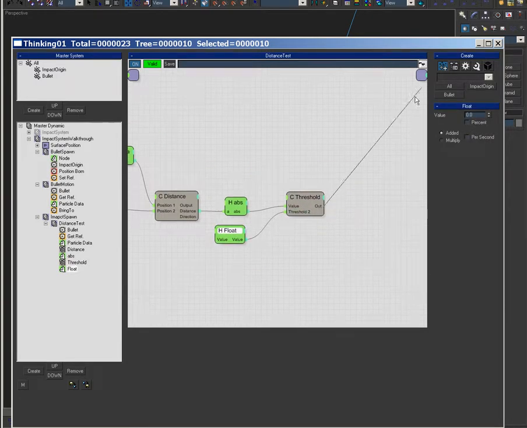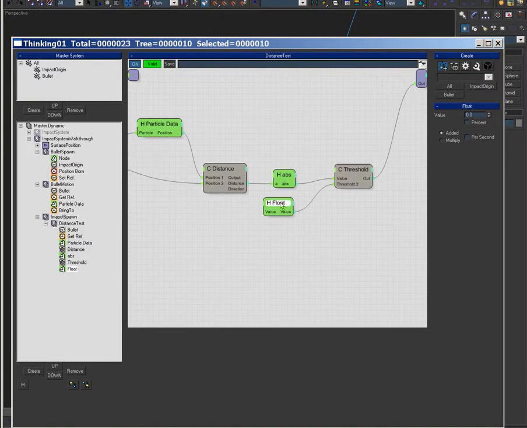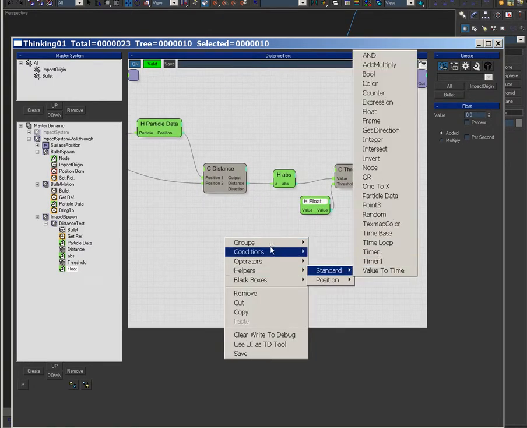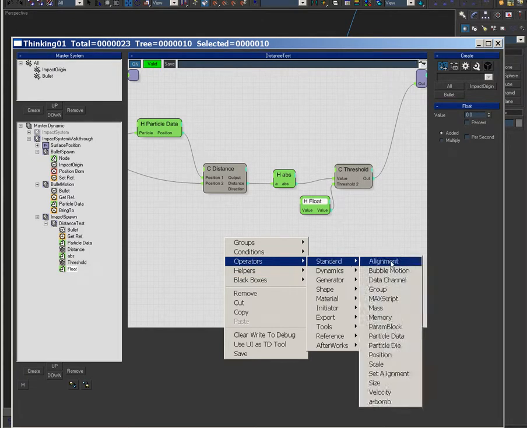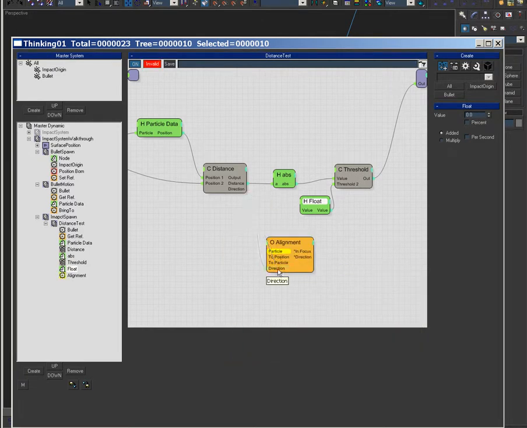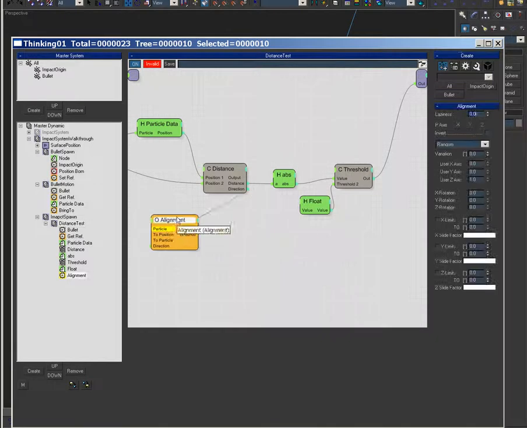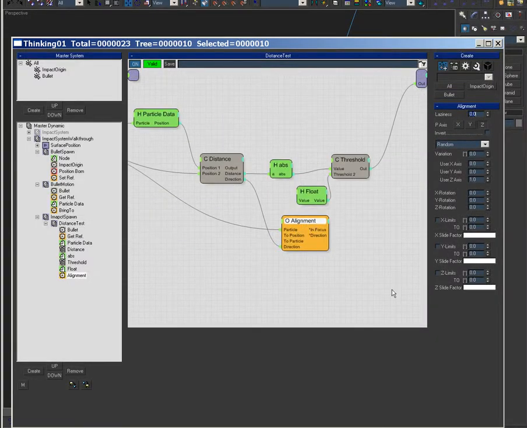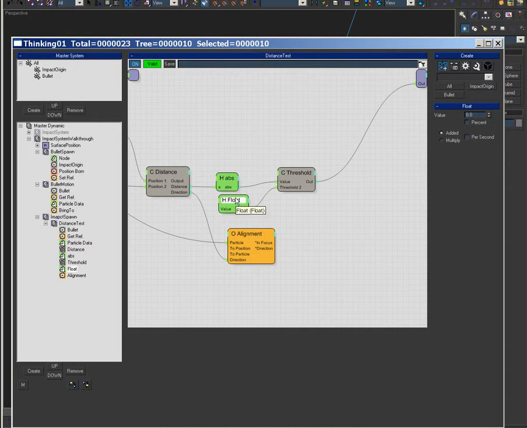This is going to be a boolean on. The direction, what we're going to do is hook that up to an alignment to have that particle travel like that. So if it's within 5,